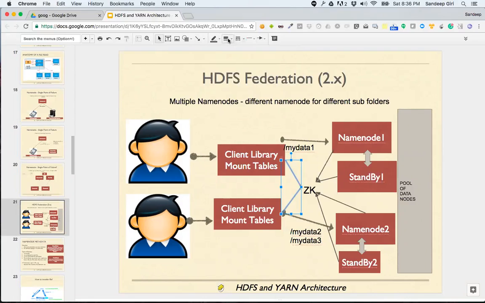Zookeeper is so omnipresent that we don't even discuss it in most circumstances. All right, so name node keeps on informing Zookeeper, standby keeps on informing Zookeeper, and client library discovers from the Zookeeper which one is name node 1 or which one is name node 2, and so on. Correct?